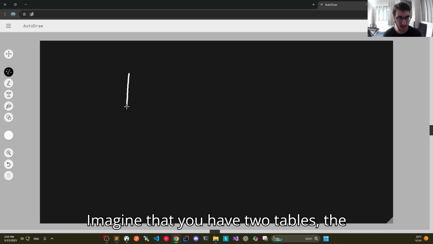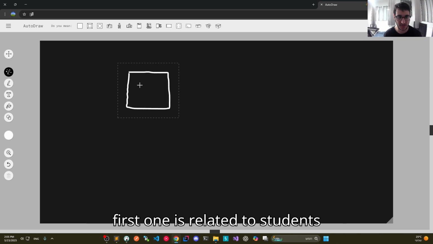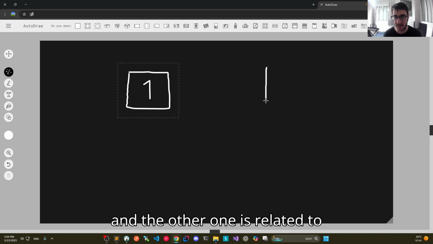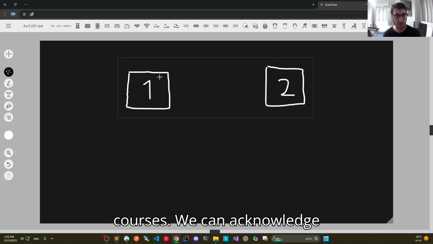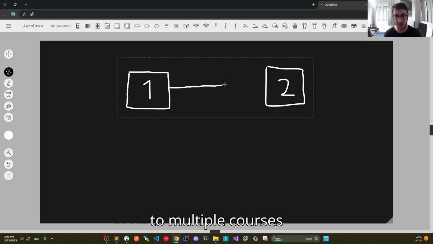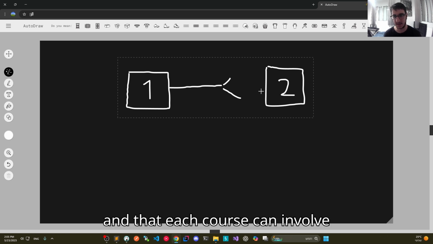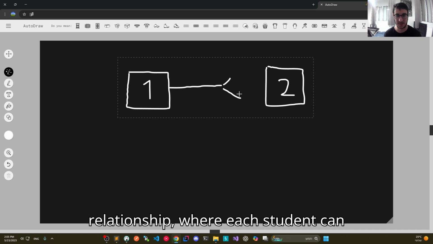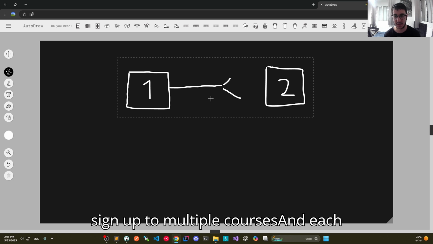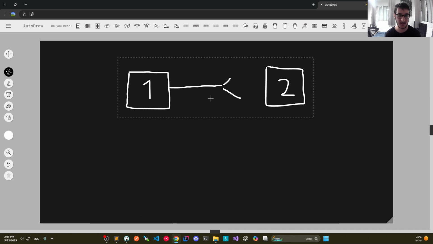Imagine that you have two tables. The first one is related to students and the other one is related to courses. We can acknowledge that each student can sign up to multiple courses and that each course can involve multiple students. This relationship, where each student can sign up to multiple courses and each course can have multiple students enrolled, is